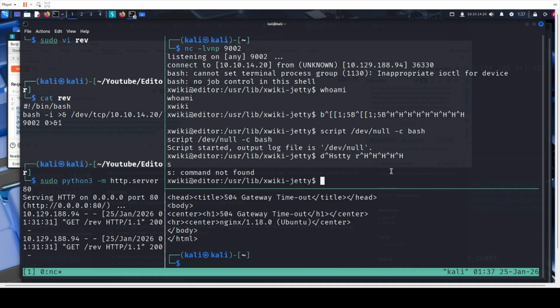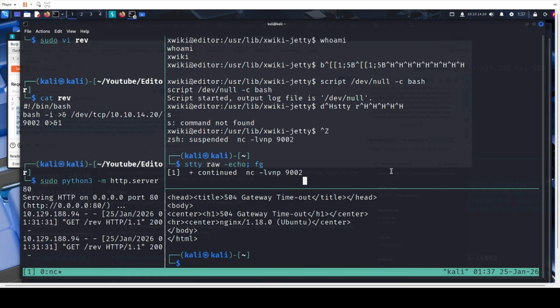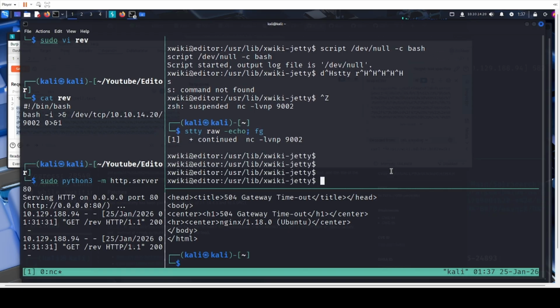and Command Z to background the shell, and this passes our keyboard shortcuts through the victim's machine. I think echo and enter again, and I think next step will be